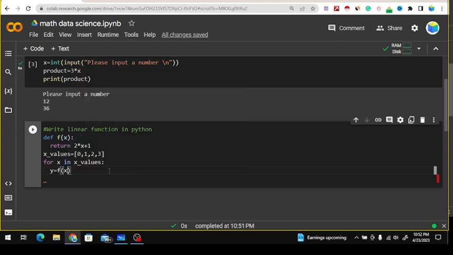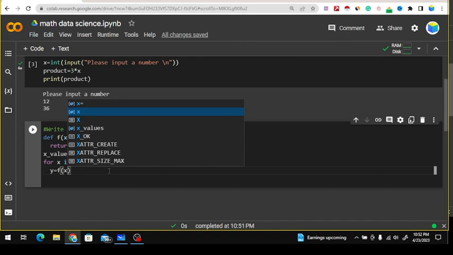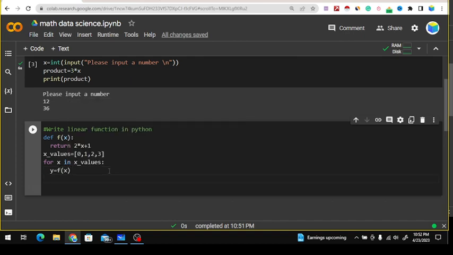So let's see, this means f(x) and y are equal. Now I want to print y. It's a print, and let's see y. So let's see what happened. So when dealing with real numbers,